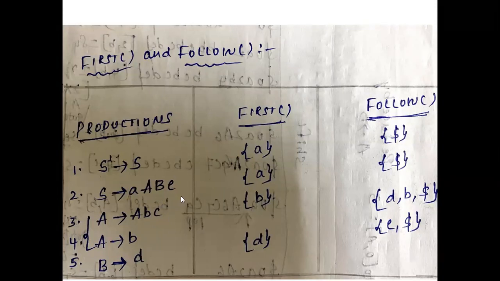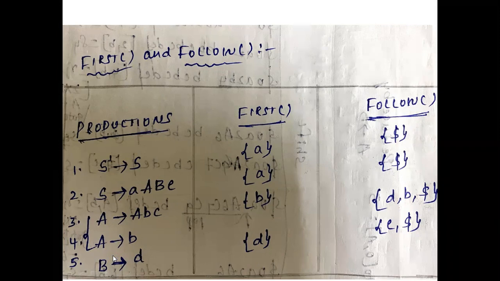And what is beta here? Beta is directly a terminal. And we're writing the terminal in the output. Along with the terminal, we need a dollar. So we are applying the rule follow of B is equal to follow of A. What does it mean? Follow of B is equal to follow of S. And what is the follow of S output? Dollar, right? And here union, E union dollar. And by using the union operator, the output is E comma dollar. That is the output for the follow of B. And this is the first and follow table that we constructed up to now. Just we found out the first and follow functions for each and every non-terminal from the given grammar, right?